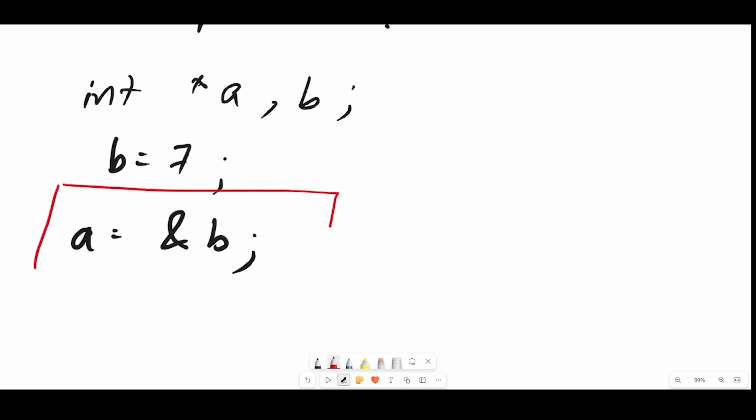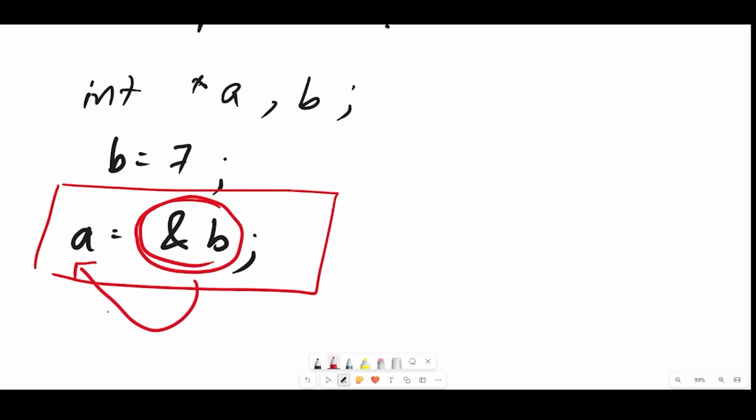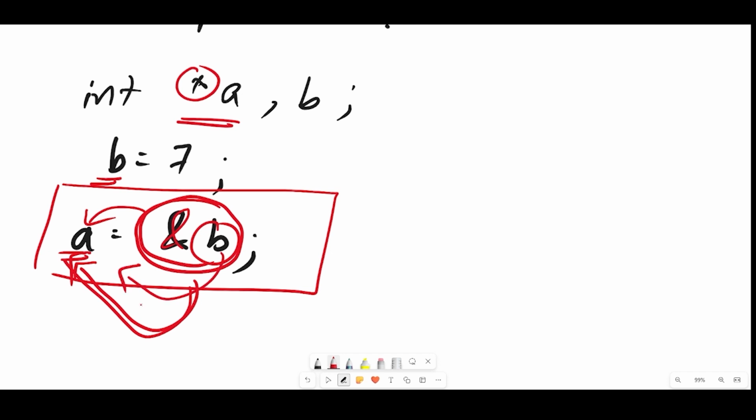Now this is important. Here what happened is, whatever the address of b is, it will be stored in a. You cannot do this with a normal variable. That's why we're using it as a pointer. Since a is a pointer variable, I can store the address of b onto a. And that was the definition that we did about pointers, that it stores the memory location or the memory address of other variables. So b is another variable, a is a pointer. I'm using the ampersand sign and a is storing the address of b over here.